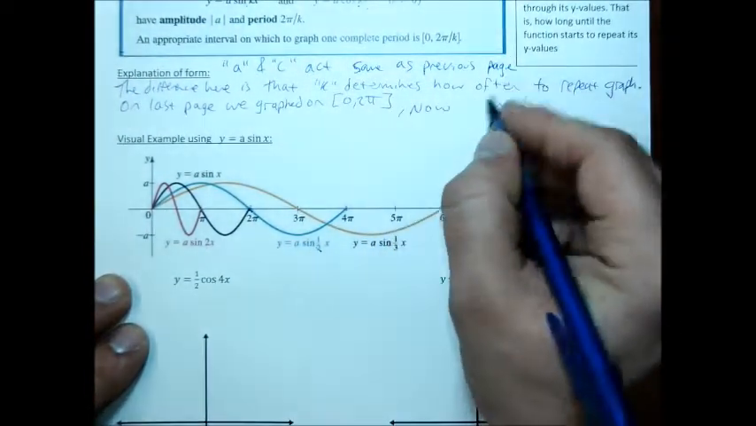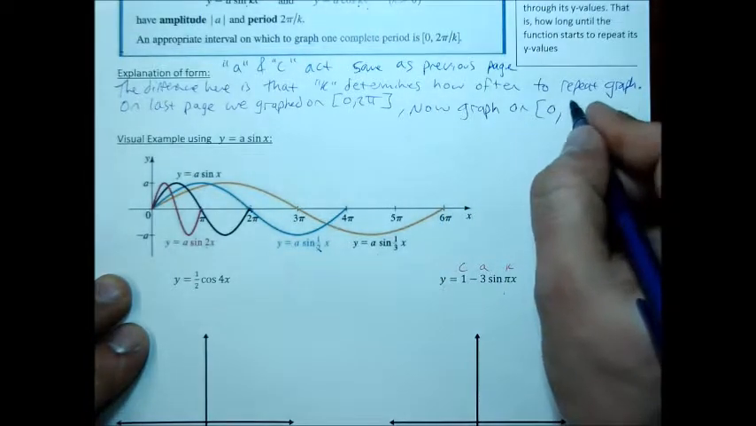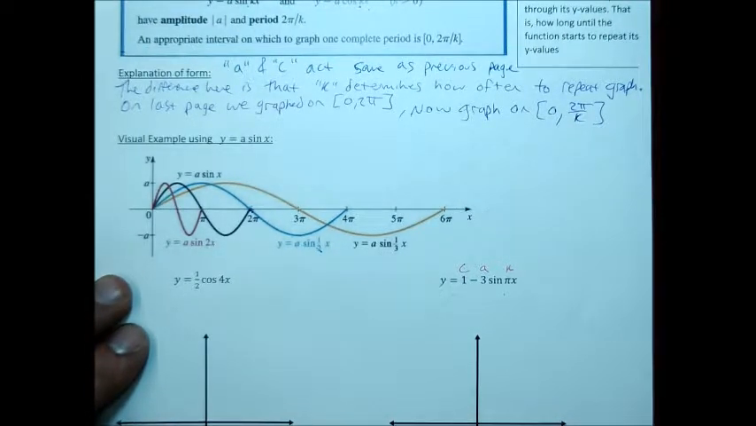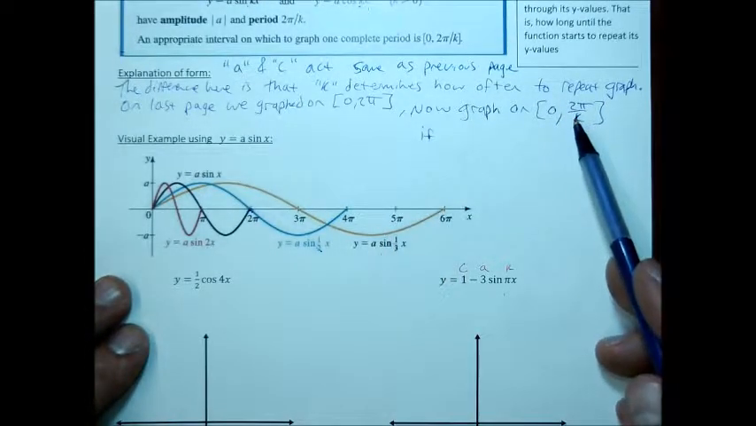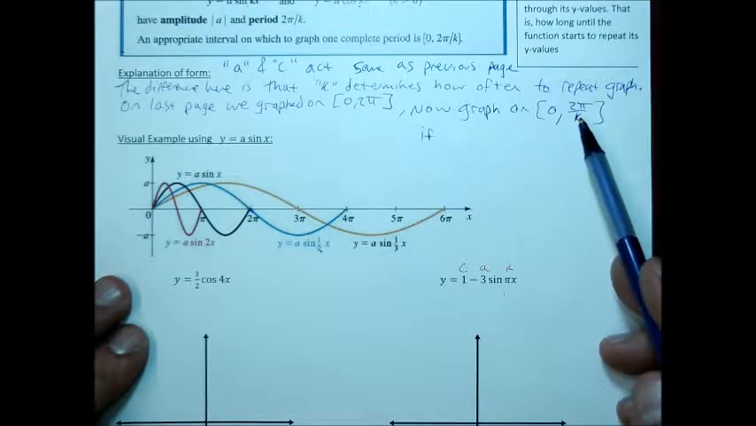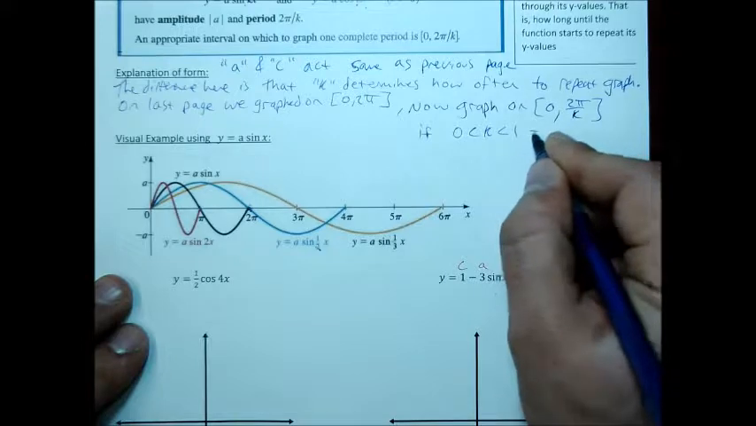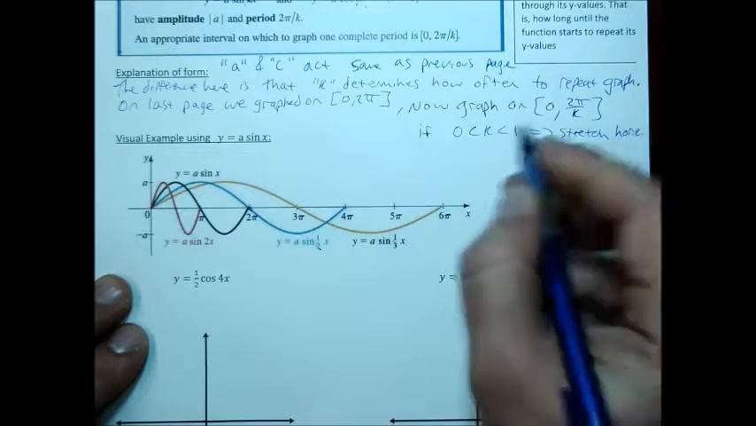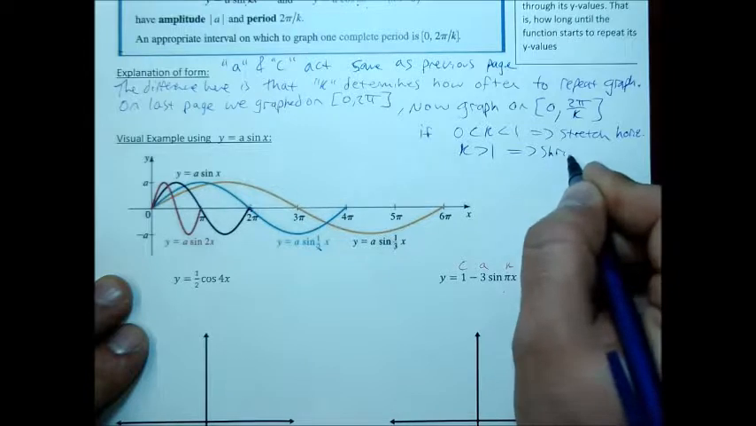Now on this page, we want to graph on a different period. We want to graph from 0 to 2 pi divided by k, whatever k happens to be. And just to remind you, looking at this formula, if k is a number bigger than 1, this is going to be 0 to something that's less than 2 pi. So if k is between 0 and 1, it's going to be a stretch